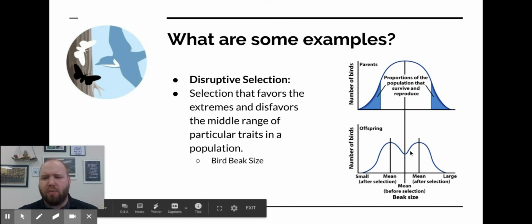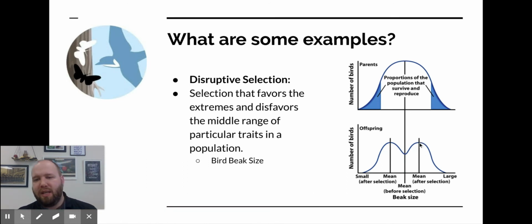And this is how we normally see speciation: this mean and this mean will both end up eventually becoming two separate and isolated populations that will eventually turn into two new species. And again, this doesn't have to be a physical characteristic. Disruptive selection also can happen